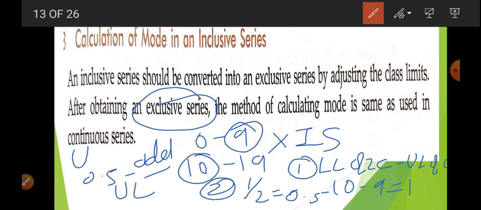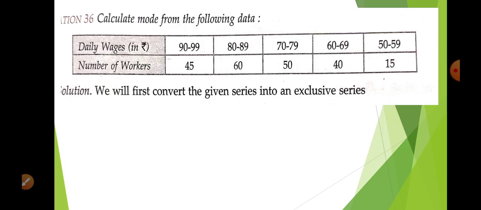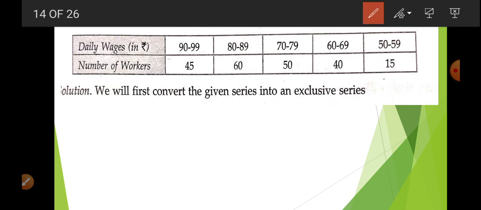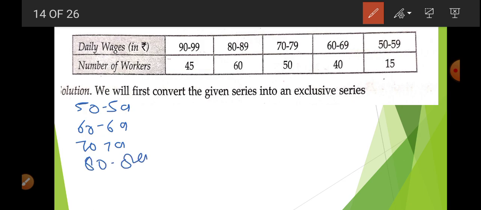Okay, and 0.5 is subtracted for getting the lower limit. So here is the question. You can see in this question it is given in descending order, and you have to calculate the mode for this. So first of all, you have to write it in ascending order. So it becomes 50 to 59, 60 to 69, 70 to 79, 80 to 89, and then